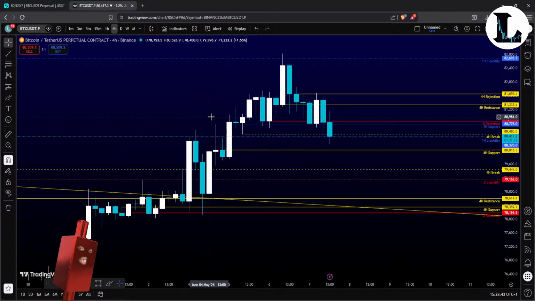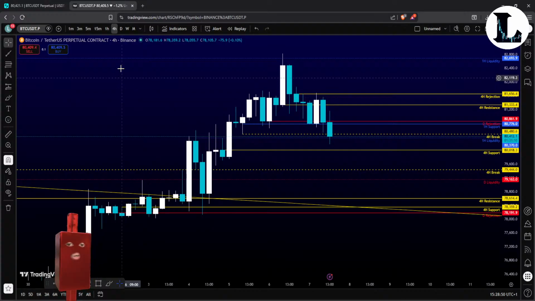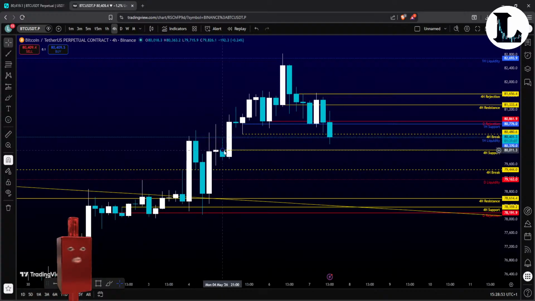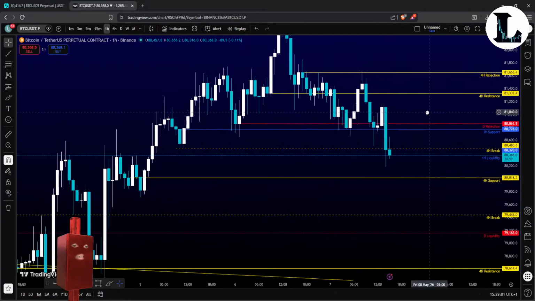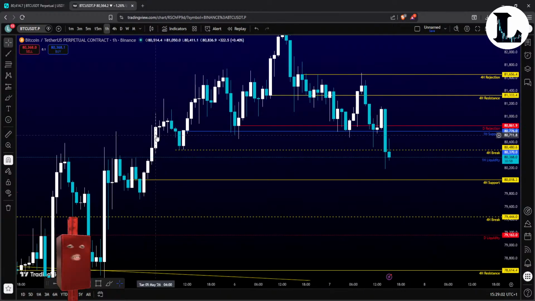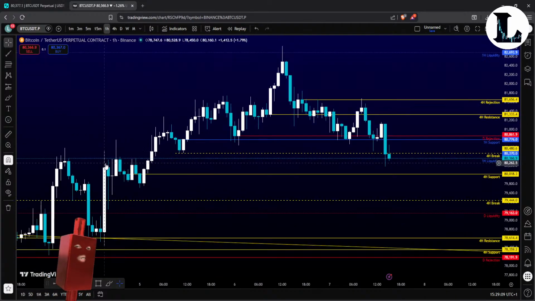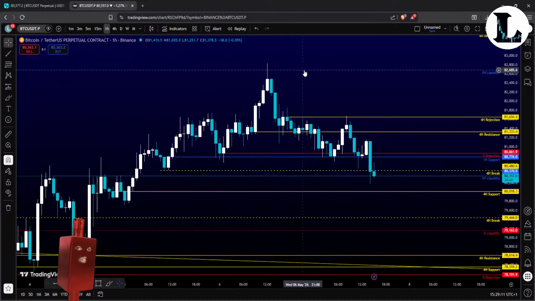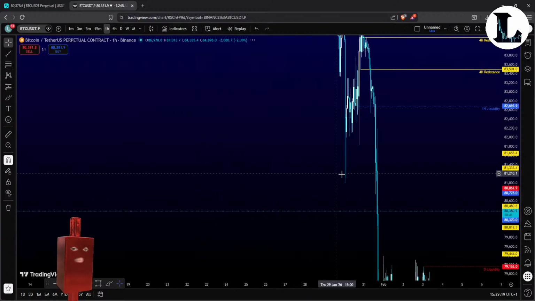Okay, so for now we still have 1 hour and 30 minutes to close the 4 hour, so that's not even really important for now. We have a 1 hour liquidity, as I told you guys yesterday. Sorry, this is not a strong liquidity because we did not have a really strong reaction like this liquidity here that in the past, I will show you guys, got some big reactions.